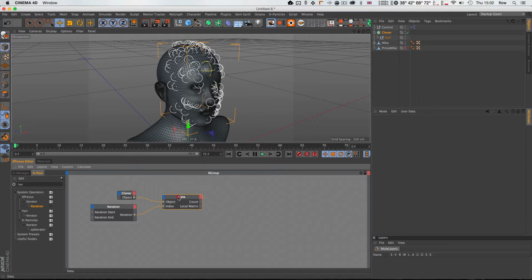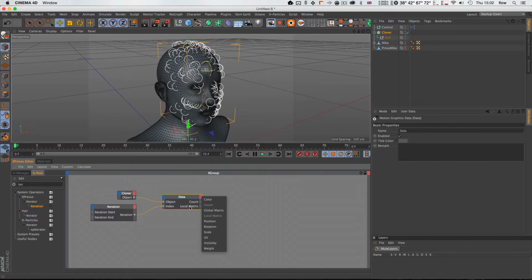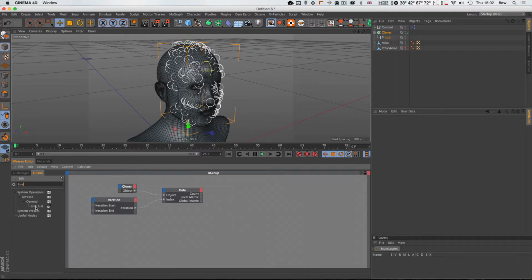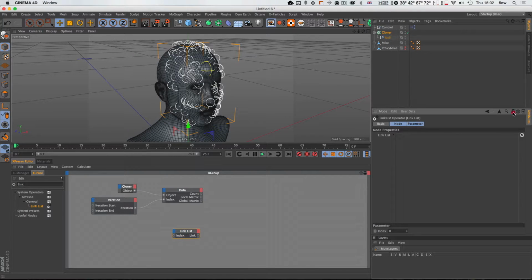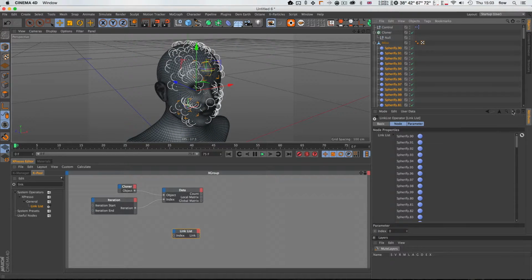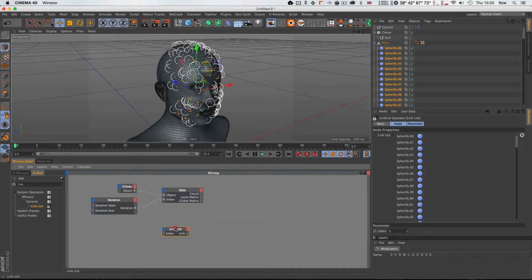And so what this data node is outputting, for every single clone, we can output a local matrix, global matrix, and position stuff, and also a weight, which we will need later on. So we will create an output for the global matrix for now, and then what we want to do is we want to have a linked list, and this linked list, we lock it for a second and put all our Spherify effectors in there. Now we have this linked list filled with all our 100 Spherify effectors,